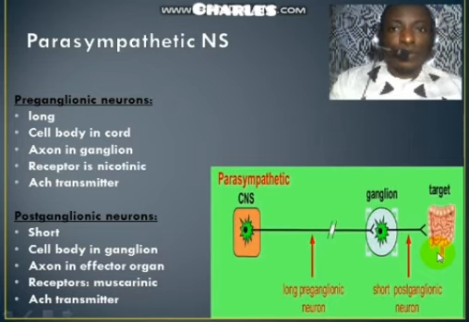Very simple. You must know how to differentiate between the parasympathetic and sympathetic wing of the autonomic nervous system structurally and even functionally. Okay, in this